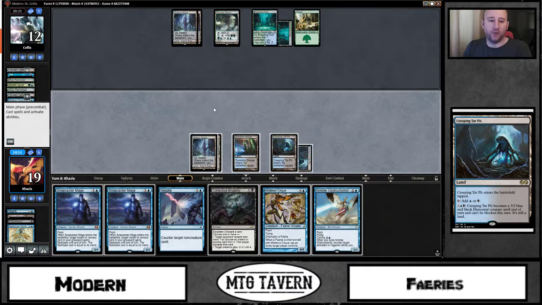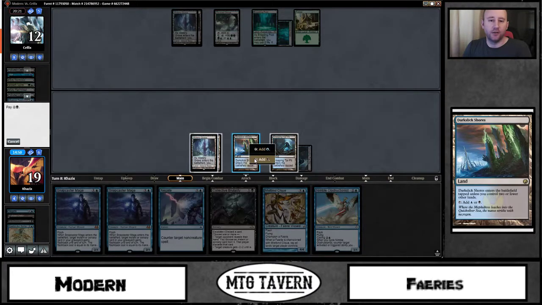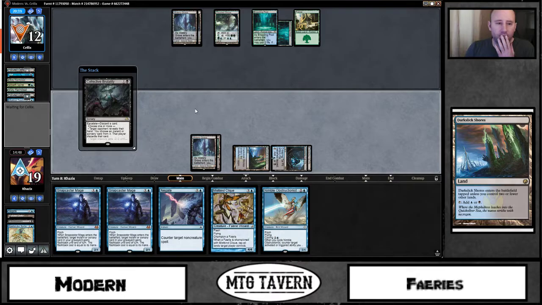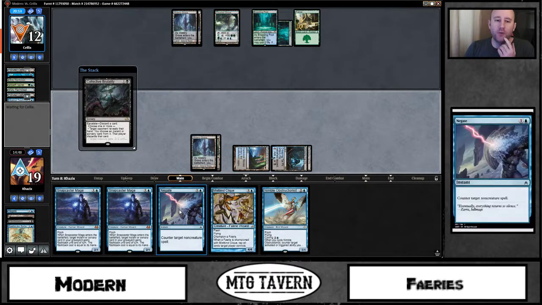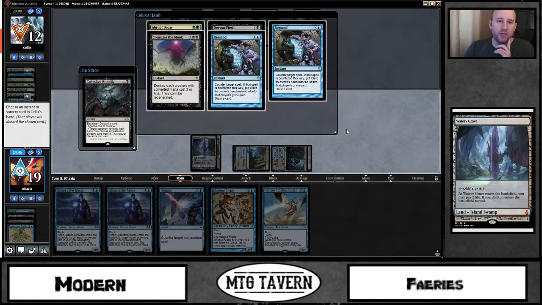Okay, we hit a land drop. I'm going to go ahead and Collective Brutality here to take a look at their hand. I'm kind of okay if this gets countered as well. And we're holding up negate mana, obviously. But after this turn, we can hold up negate plus... oh, we need one more land, actually. What is this? Devour...